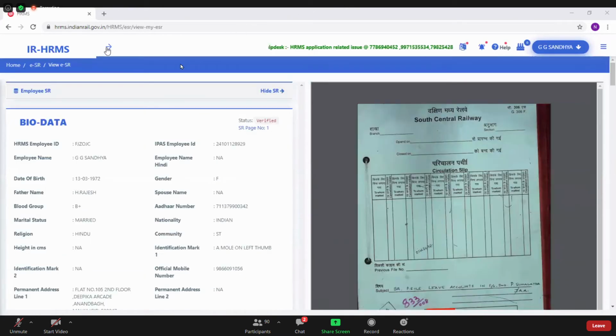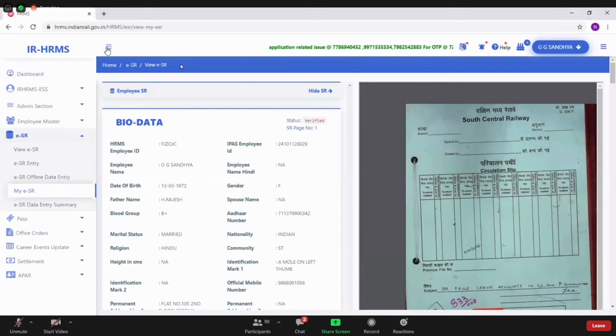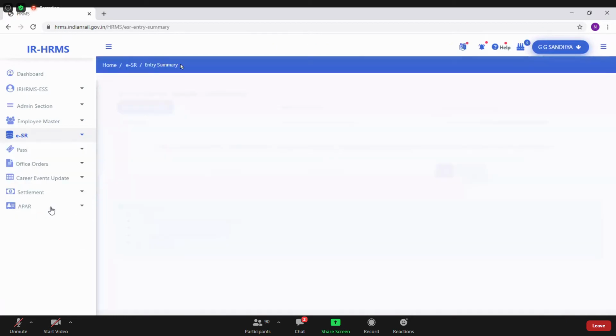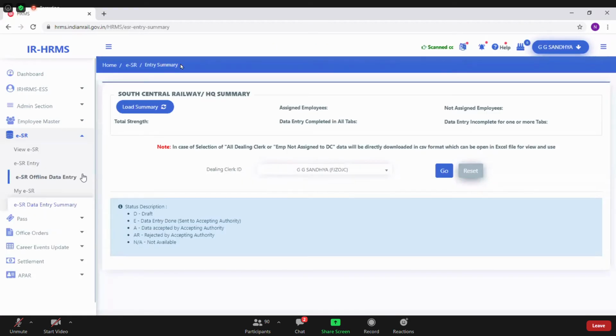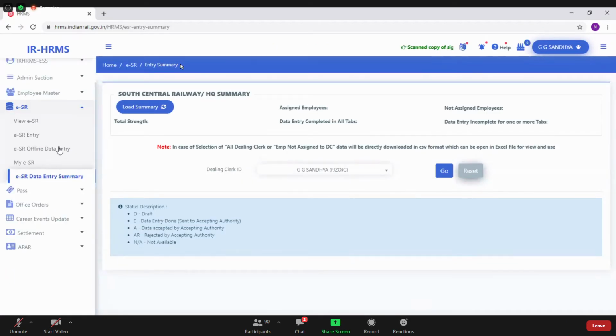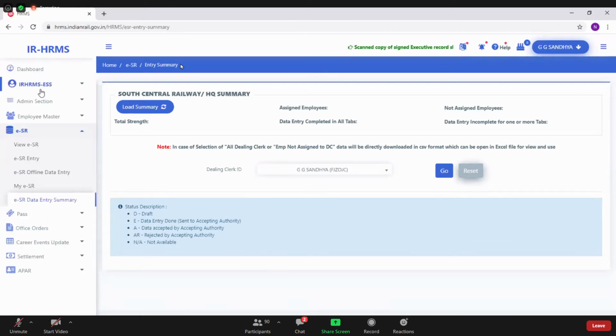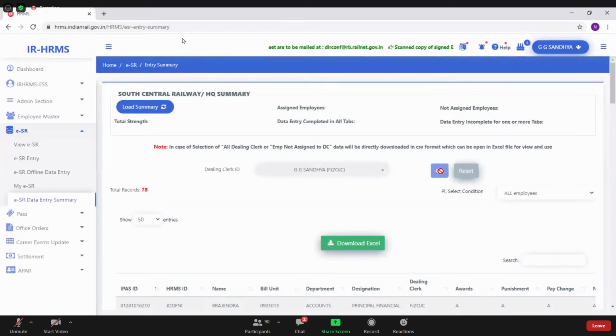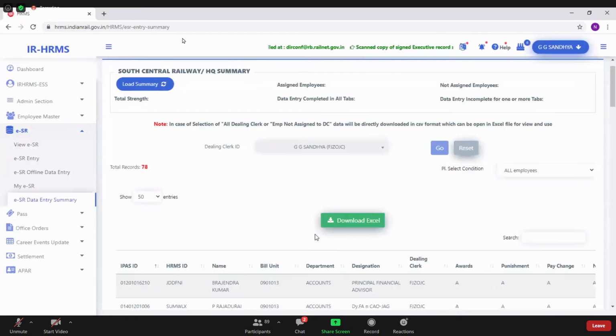So now we go back. Just like the data entry for the employee master data, we have ESR data summary also. In this ESR, we find the tabs.